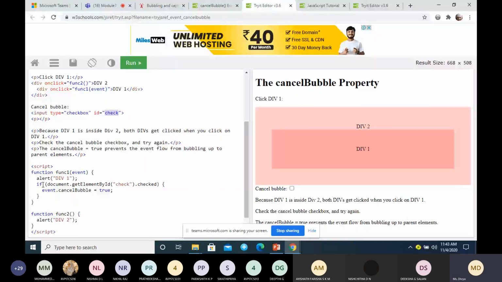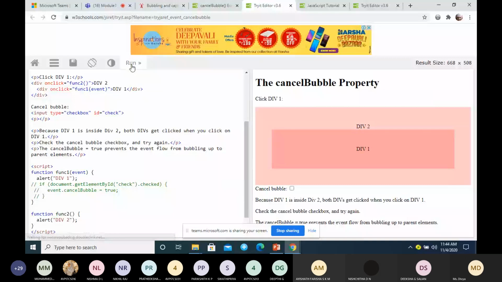Let us first understand without this cancel. I'll comment these three lines. So now we have two functions. This is associated with div1 and this is with div2. This is similar to the previous program.